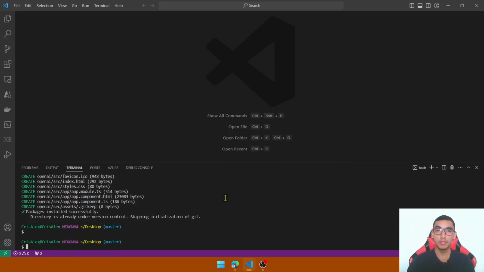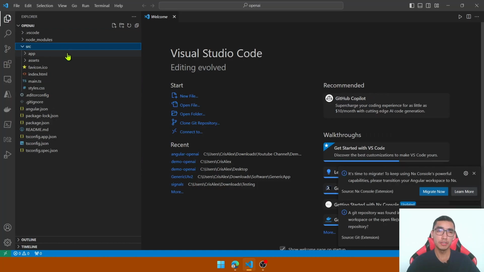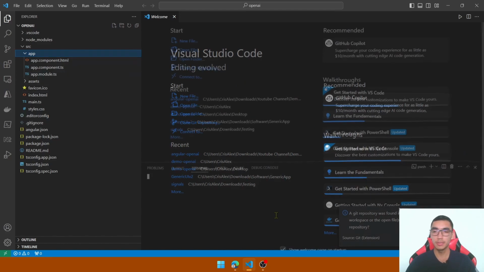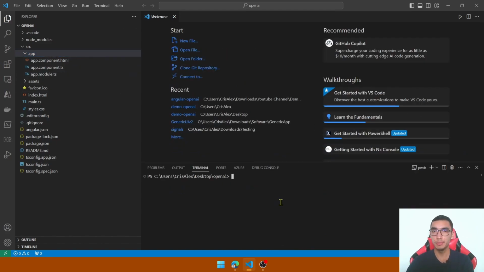Cool. Open the project containing folder. So we have a simple structure with just HTML, TypeScript, and module files. So open a new terminal window. We'll create a new service to make HTTP requests against the OpenAI. Go to the source app folder and use the